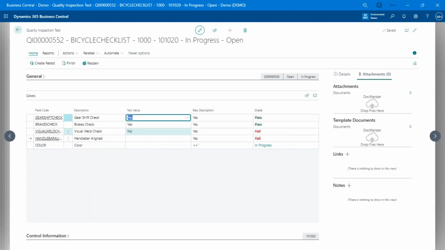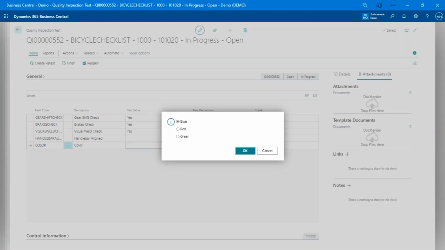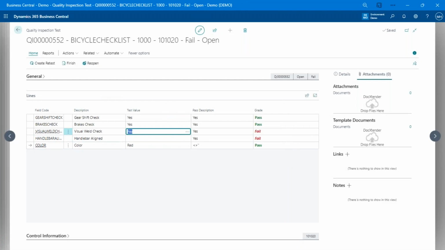pretty simple, right? So anyway, that's how we can go in and do a very simple test where, in this case, it's just a bunch of Booleans and one lookup list to indicate pass or fail. And of course, as we're doing this, it's keeping track of the grade and everything else, right? This is clearly a failure at this point. And then when I finish it, that'll flag that test as complete in a failure state.